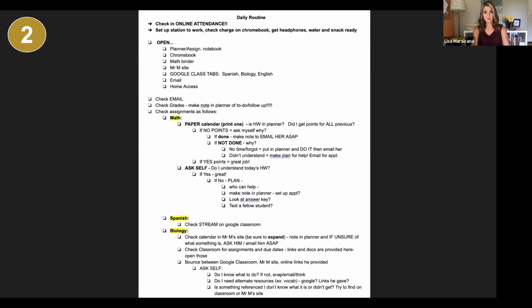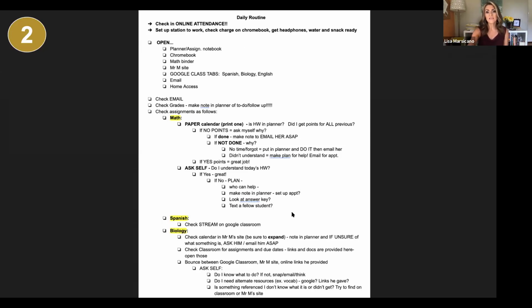So make sure that you are checking the email and that you have a system for taking the to-do or action items or the assignments given and putting them into your planner or on your to-do list so you do not lose sight of anything that they're announcing, any changes to due dates, anything at all. That email is going to be so important. You should be checking it multiple times a day. And then grades, making sure that you're checking those grades regularly and following up when you have questions.